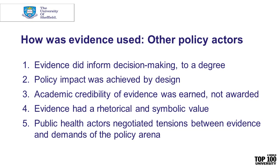So rather than evidence straightforwardly influencing a policy decision, researchers, policymakers, and advocates interacted over time, each playing their role in a kind of mutually reinforcing process that allowed a challenging policy debate to be won. And I think the broader lesson of this is that, yes, public health research can have an impact on policy,